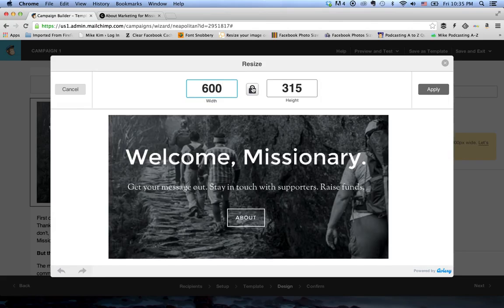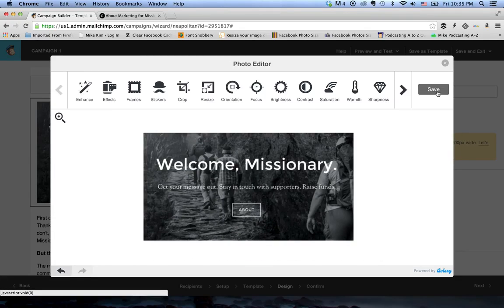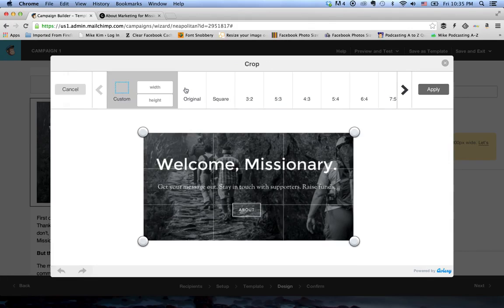If I want to shrink it, I can. And you can see this lock keeps the aspect ratio, maintains the proportions. If I don't, it gets all warped, okay? So let's just put 600 in. Hit apply. You can see it's shrunk a little bit. And you've got all these photo editing tools at your disposal. So let's say you want to crop it a little bit. Okay, I'll just do that just for the sake of